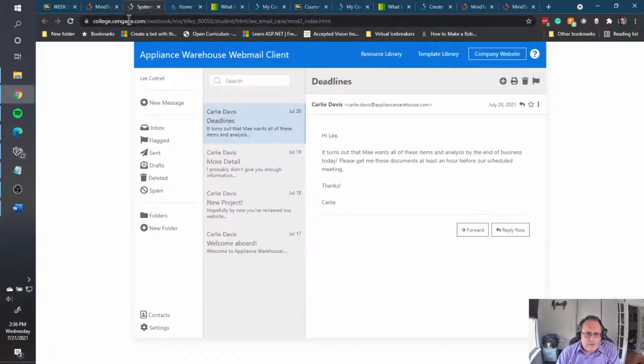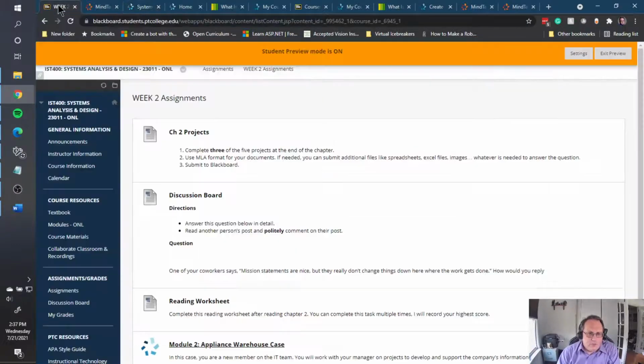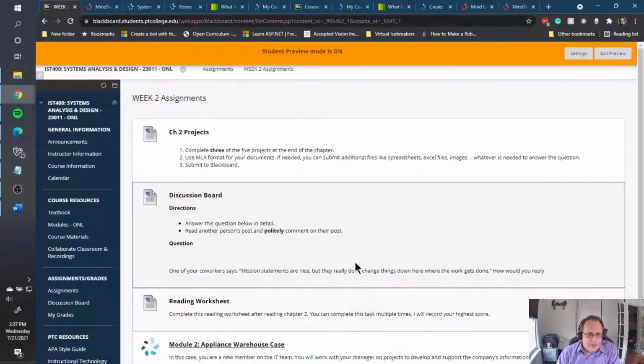The idea of this particular project is to simulate what you'll be like working for a business. As opposed to me giving you a specific list of stuff, you have to glean what you want. If you completely get lost in what needs done, when the turn-in opens up, I have a rubric for each one of these modules that will tell you what I'm looking for, so that'll help you narrow it down a little bit.